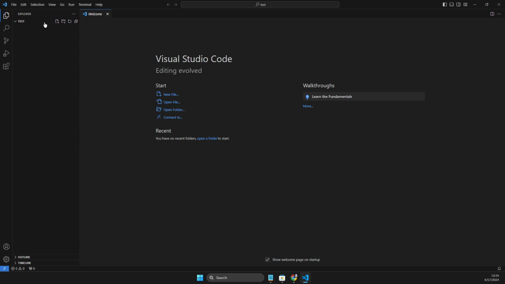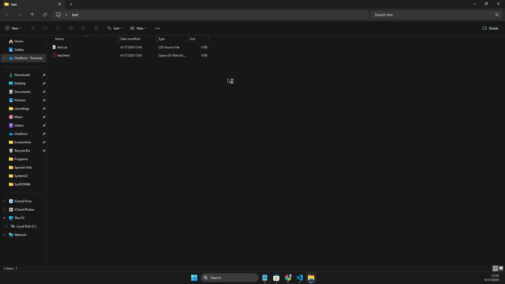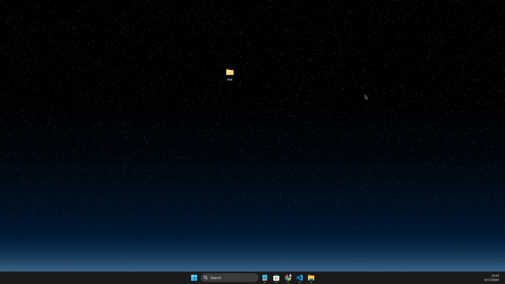project is created, and then if we press, for example, new file, we can add an HTML file, we can add CSS and more. And if we go back on the folder here, as you can see here, the files are created here. And that's pretty much it, what you need to do here if you want to create a new project in